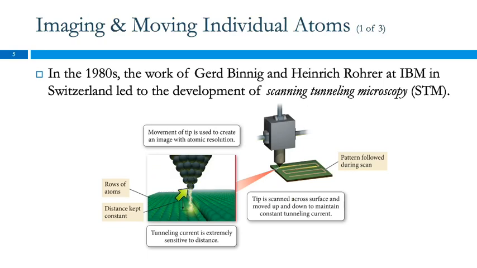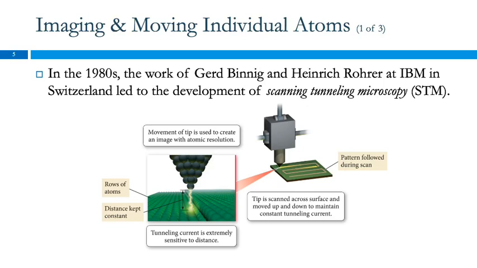The tip of it is this very fine needle, and they run an electric current from the tip through air into the surface. This is done with a voltage, and you can measure this current, and what they do is move the probe so that the current stays constant. If you move the probe further away, the current goes down. You move it closer, the current goes up. And so the computer can sense this and is able to move the probe across the surface, moving it up and down as the surface changes, and thus we can visualize the surface that way.